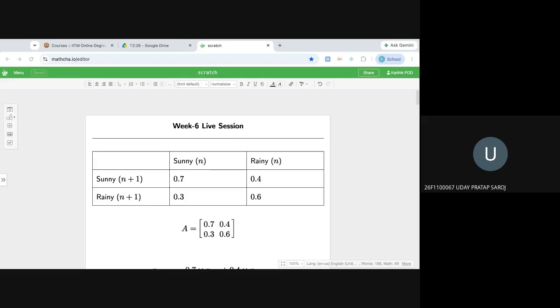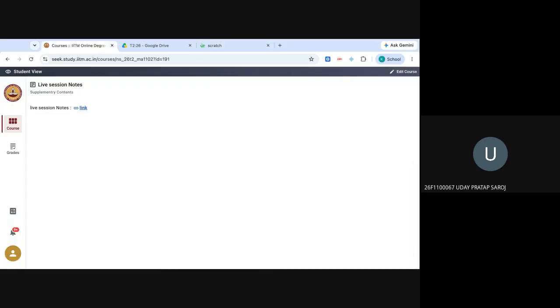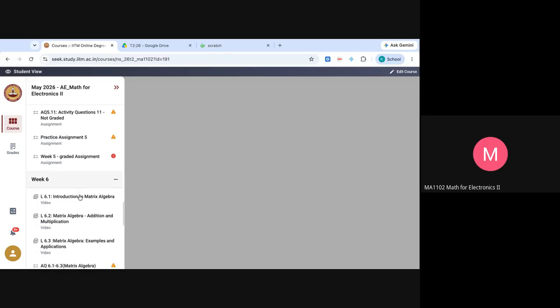So what we could do maybe is Week 6. Since the deadline has not yet come, we can't touch the graded assignment. But maybe a practice assignment can be picked up, or maybe even the activity questions, some of those application-oriented problems basically. Right, so Week 6. Or maybe if you have any additional questions of your own that you'd like to bring,